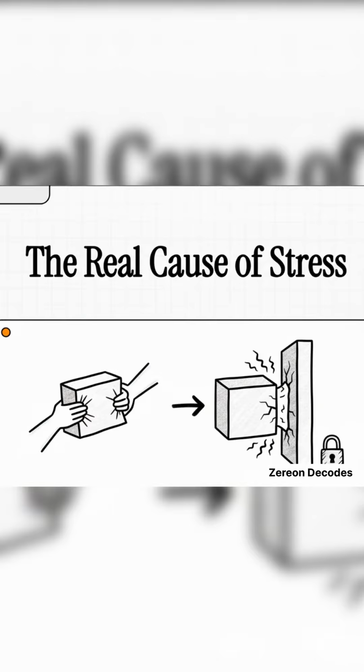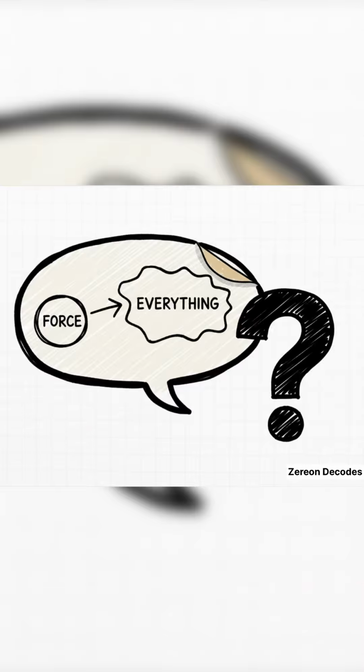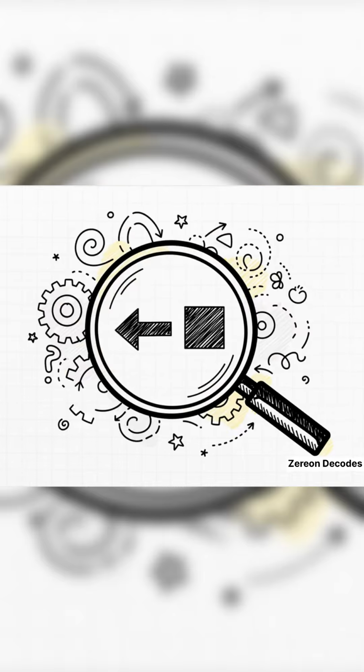For generations, we've been taught to think about stress in materials, and it's mostly wrong. In engineering, we often start with this. It feels simple and pretty intuitive. But here's the thing. While that idea is useful, it can be really misleading. We're trained to see the world through the lens of force, but that's only half the picture.